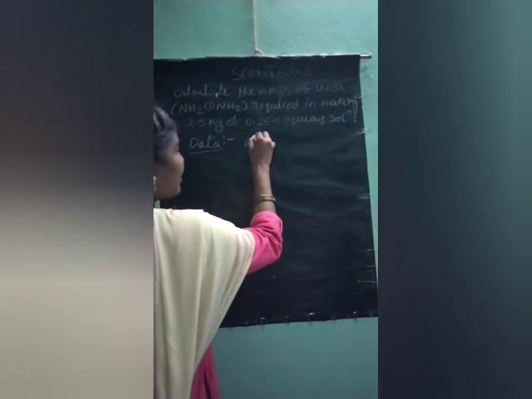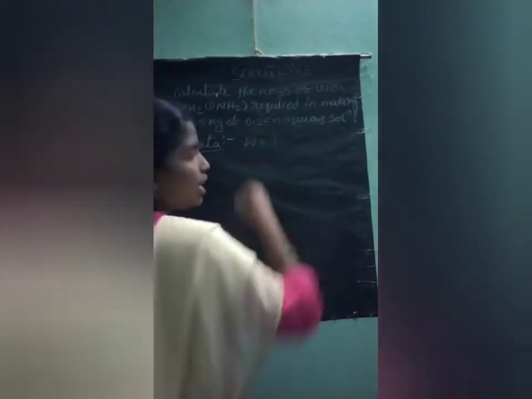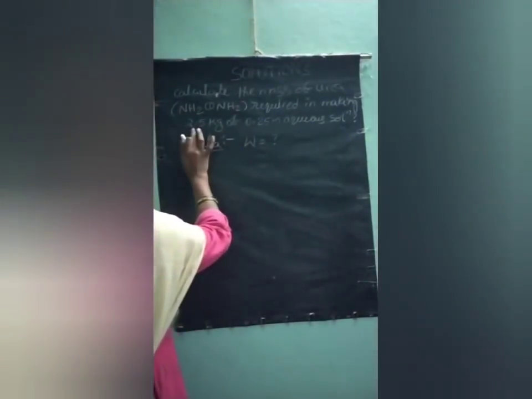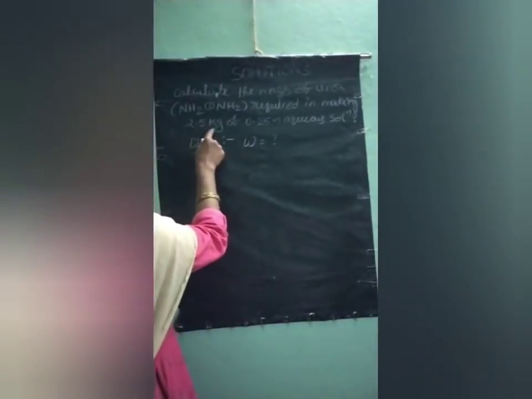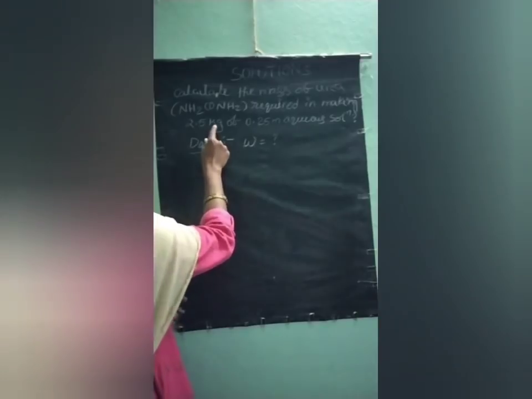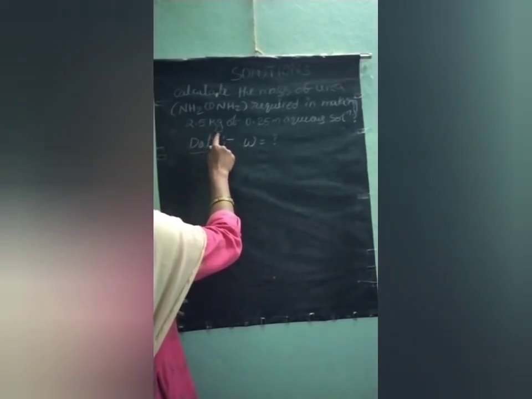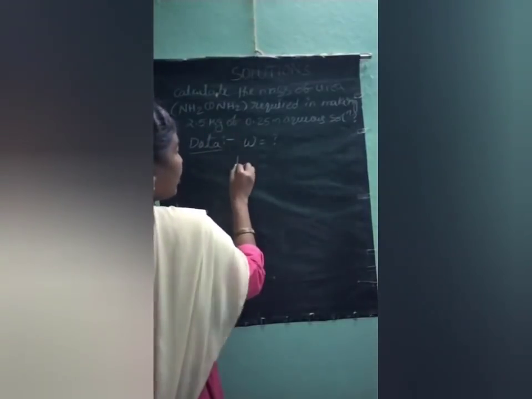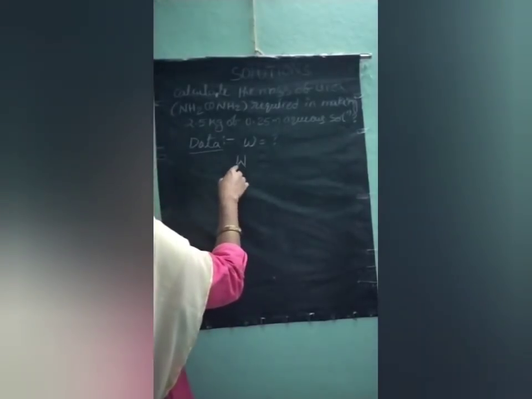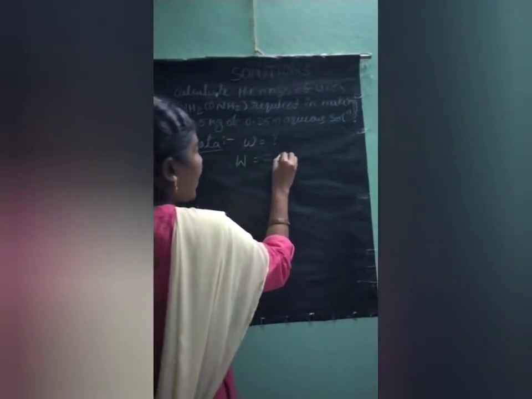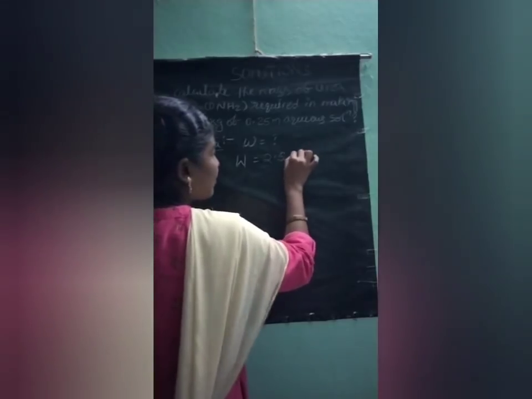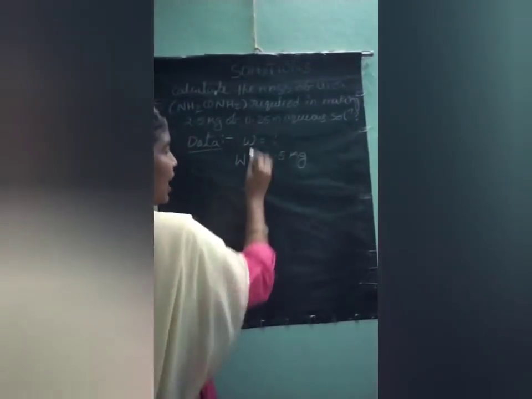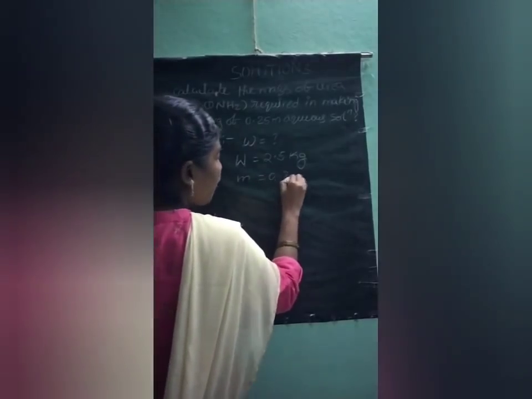The mass or weight of the urea we don't know, so calculate it. Here, small w is the weight of the urea. Why are we using kgs here? Kgs indicates the solvent weight. So the weight of the solvent is given in the problem, that is 2.5 kgs. So capital W, the weight of the solvent, is 2.5 kgs, and the molality is 0.25 molal.